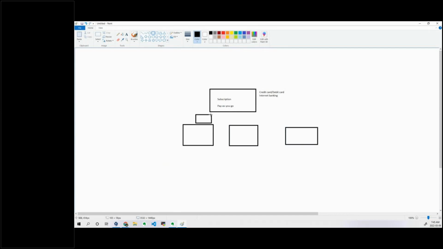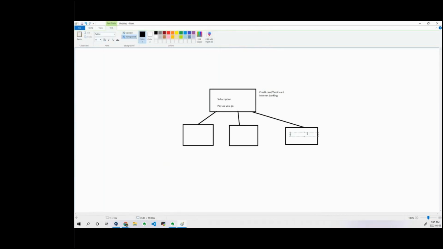Let me tell you. Let me use this one. Let's say one resource group is for application. One resource group is for Kubernetes. For example, let's say this resource group is created for Kubernetes, the AKS resource group.